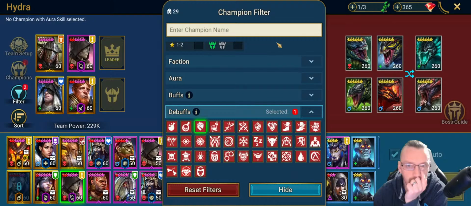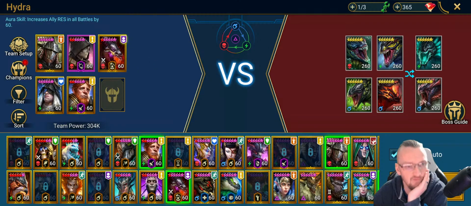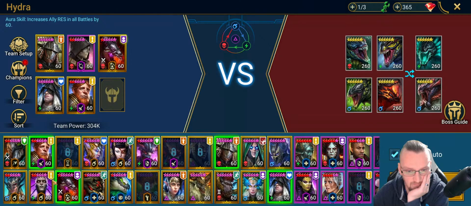Let's now clear off that. We come in with a revive option here. What else do we need? We've got the provokes. We've got a cleanse. I can't use Lydia because I've already used Lydia. I almost need... Actually...